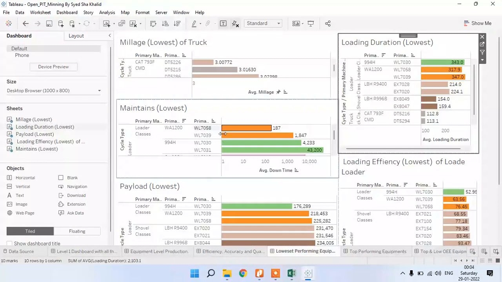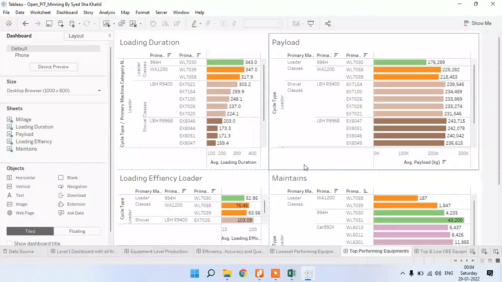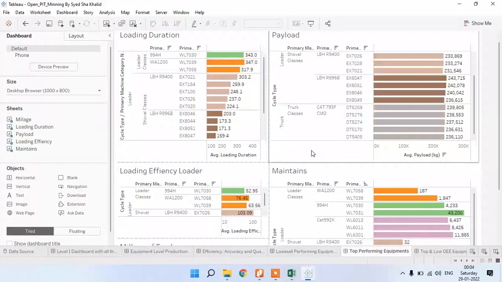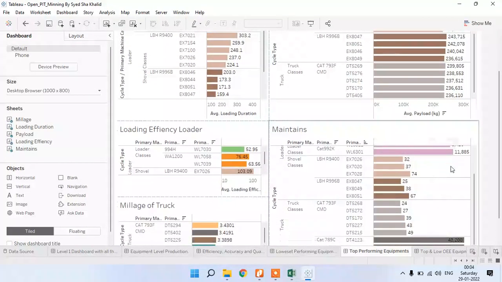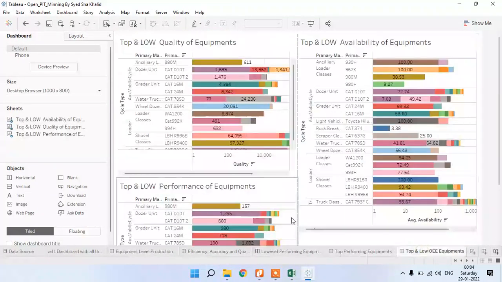Whatever it is from low to high here, it is from high to low, the same one. Payload, loader efficiency, and mileage of the truck are there. Then an additional table I have created here: top and low quality equipment.